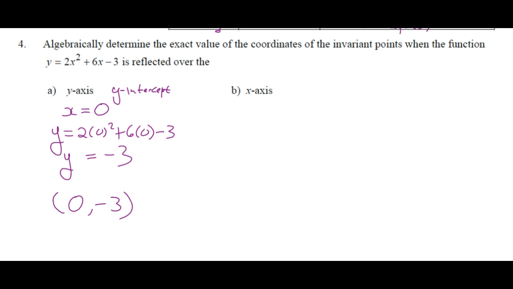If we're on the x-axis, what are we looking for? The x-intercepts. How do you get the x-intercepts? You set y equal to 0. Why is that? Well, because the equation of the x-axis is y equals 0. So I'm looking for when y is equal to 0. So I'm going to go to this and put y is equal to 0. And then what are we going to do? Well, we're going to solve by factoring, except it doesn't factor. So then we're going to solve by using the quadratic formula,